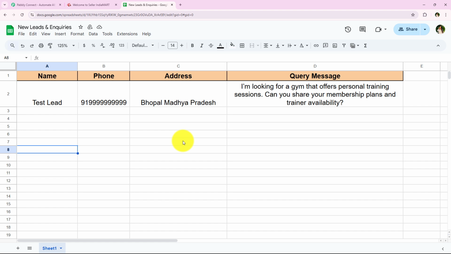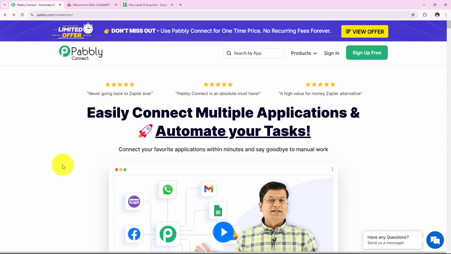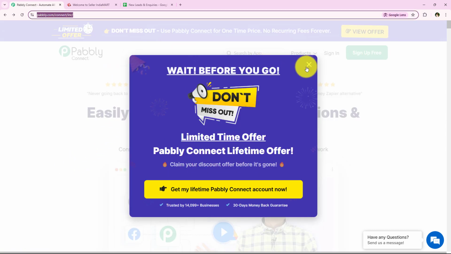So yes, this is the automation we are going to create in today's video, where we'll add the lead details of IndiaMART to the spreadsheet in real time. All right. So if you also want to create this automation for your business, then you have to watch this tutorial till the end. So to do this, I've simply opened the landing page of Pabbly by searching pabbly.com/connect in